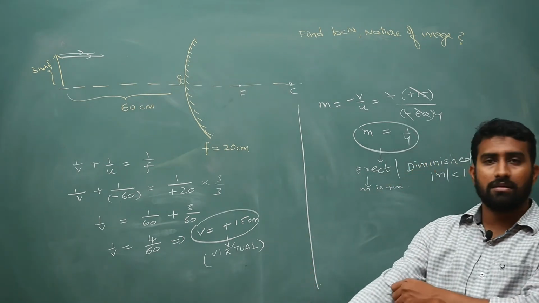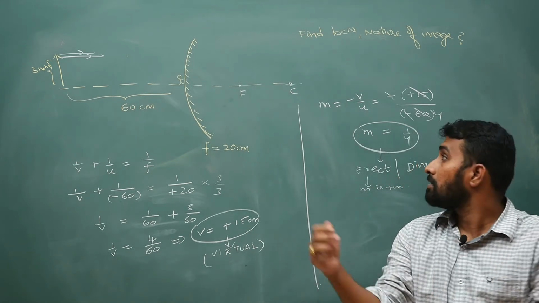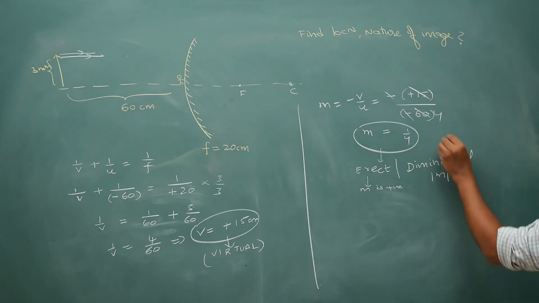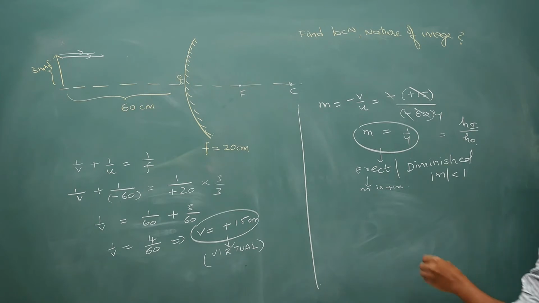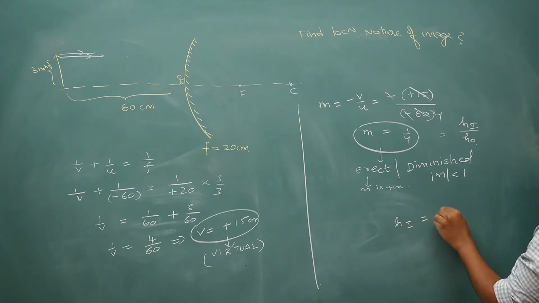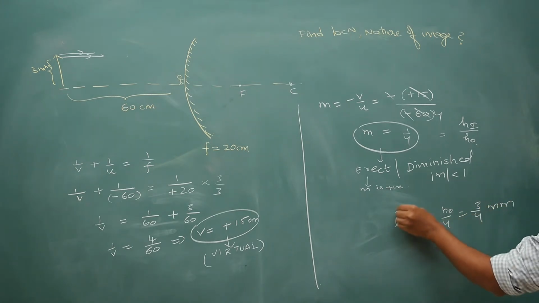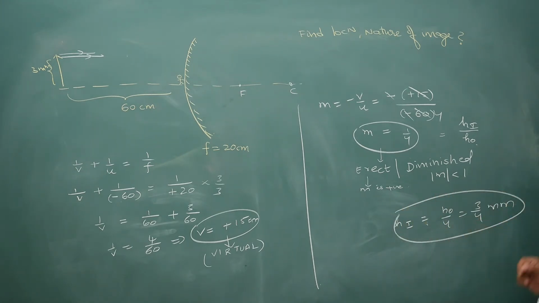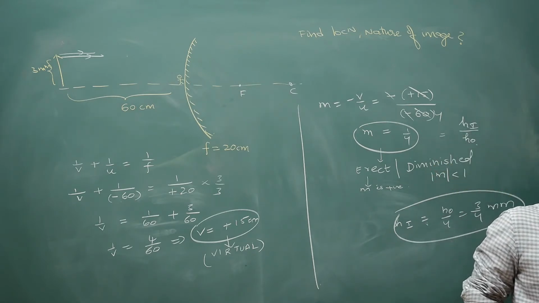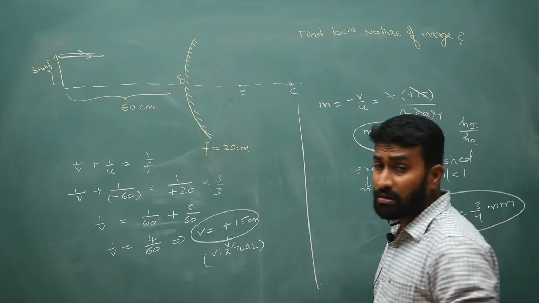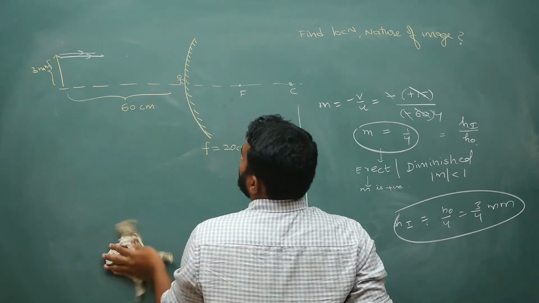Now after doing this calculation, what are we supposed to do? From here we are supposed to draw the ray diagram. And coming to the height of image, this is also equal to height of image by height of object. So your height of image is h0 by 4, that is equal to 3 by 4 mm. This height of image also tells that it is diminished, and positive indicates that it is erect. Now I will draw the ray diagram. I will erase this stuff.